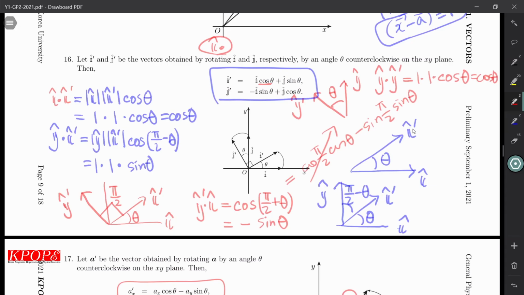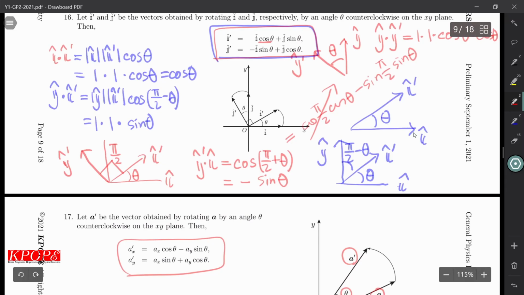What happens to this case if I multiply I to j prime here? What I have is a minus sine theta. Just minus sine theta is in here. Lastly, if I multiply j hat to j hat prime, where is j hat prime? J to j hat prime, the result was cosine theta. So this is the master formula, right? Let's copy this. I prime